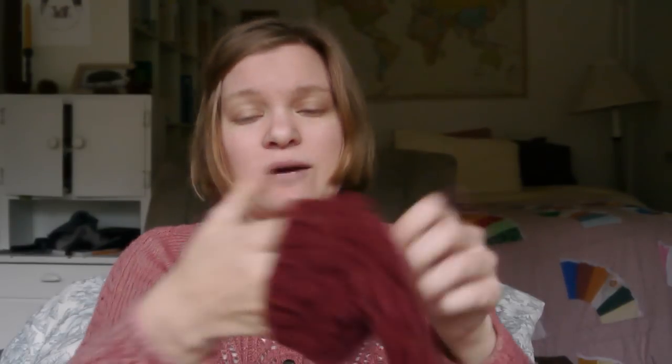I had used their Heritage Paint, which is also wool, for a pair of socks I knit for my grandmother, and those were wonderful. So when I wanted burgundy socks, this is when I was still buying all the yarn at the local yarn store. So I saw this burgundy color and I thought, perfect, that'll be fine. But this yarn did not hold up. Like these socks, the yarn started pilling when I was still knitting the socks. And as you can see,